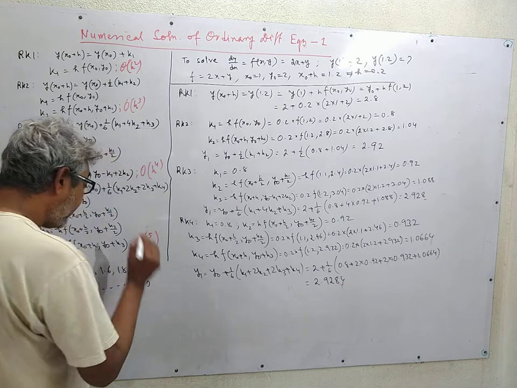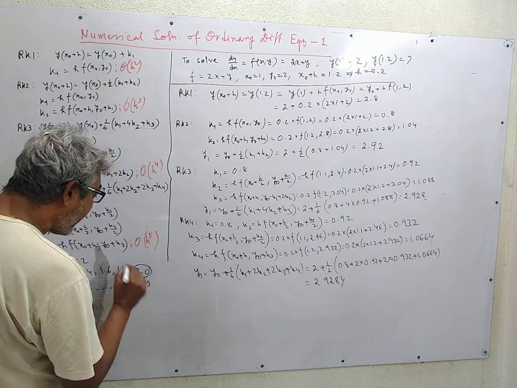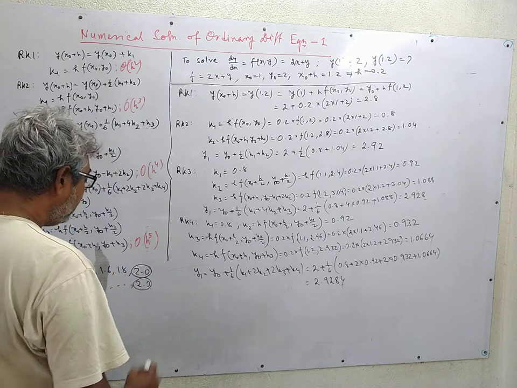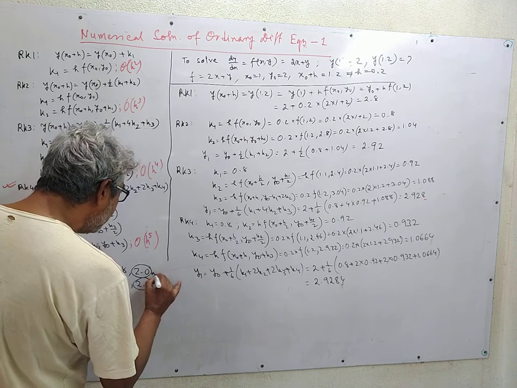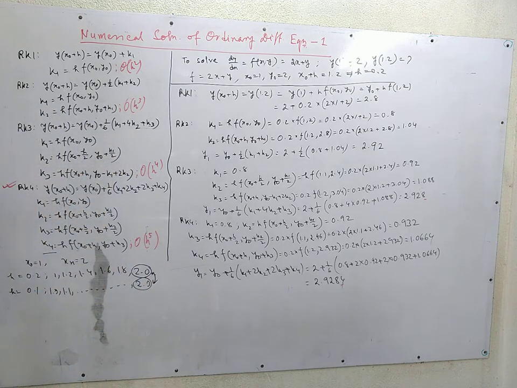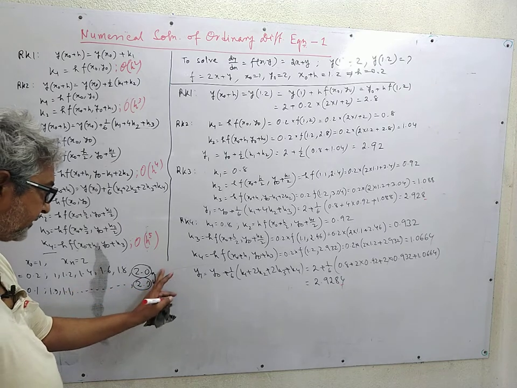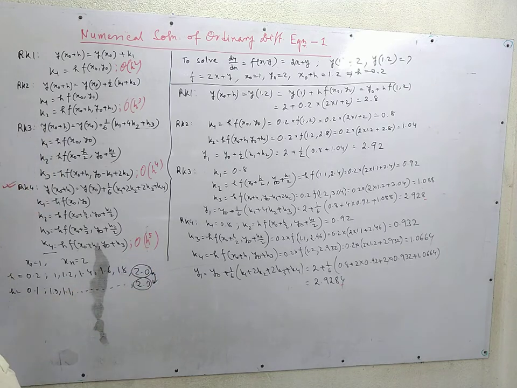So our aim is to find out the value of y at x is equal to 2.0. So there are two values available to us, both using Runge-Kutta 4, one using step size 0.2, the other one using step size 0.1. We'll then look at the difference between these two. If the difference between these two is less than the desired accuracy, then it's okay. Otherwise, we are to decrease h further, and this type of iteration has to be continued until the desired level of